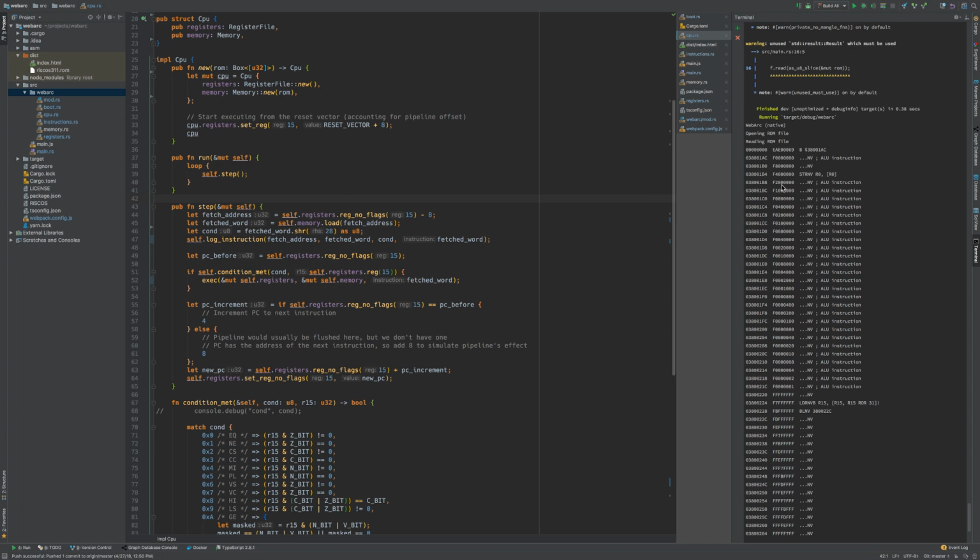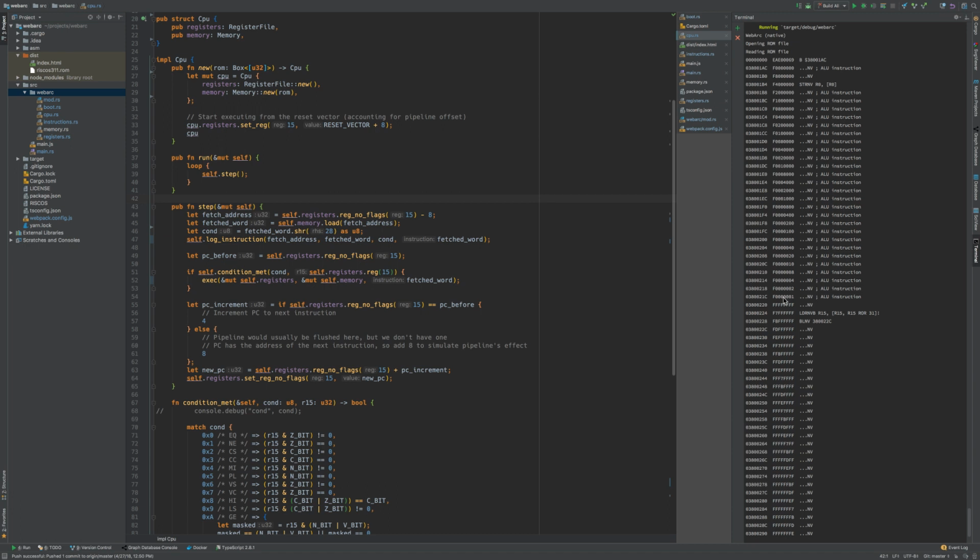However, each one of these words has a top nibble of F, which in the ARM instruction set is a conditional that means never execute this instruction. So I guess it's kind of a clever little test, because it can go through all these without actually executing them. So after we go through a few of those, we get to here, which is the first real instruction,